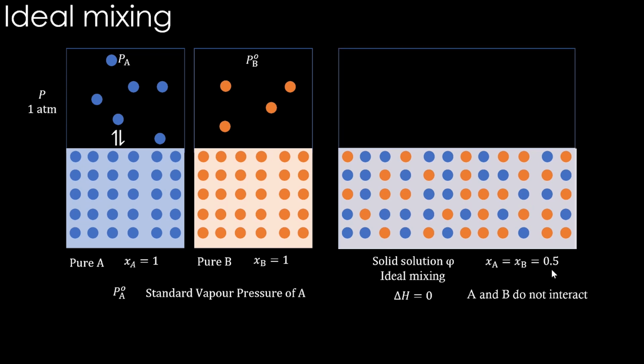Now, how many atoms of A and B will be there in the vapor? You see, A is now 3 and B is 2. There are 6 atoms here, but only 3 here. There are 4 atoms here, but only 2 orange atoms come here. Now, why has this happened?